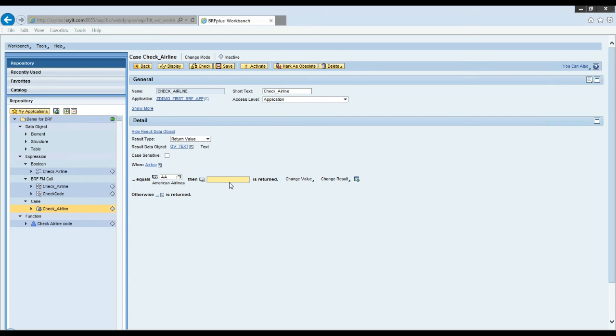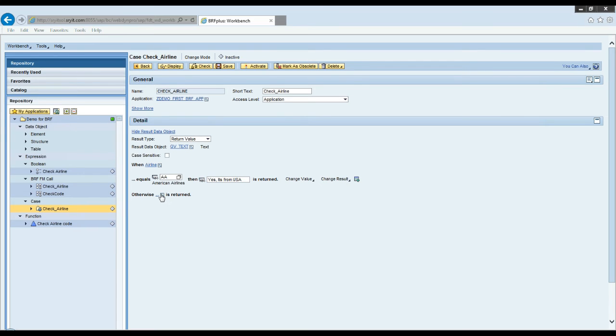I would say yes, it is from USA. I'll say it's a change value, change the result also. So I will change the value of my variable and result.